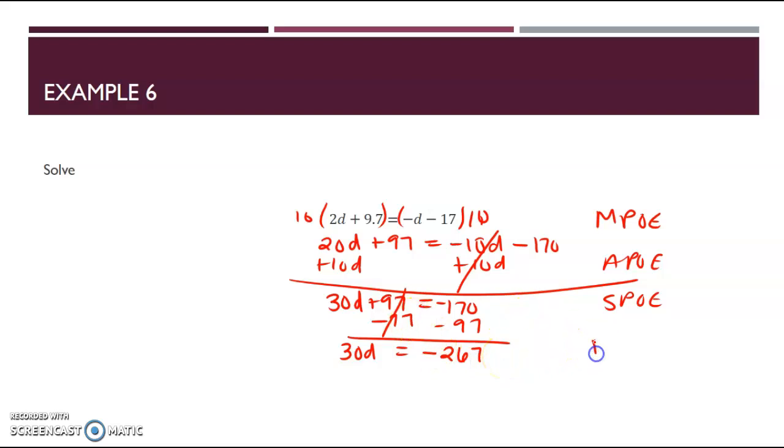And then I'm going to do a division property of equality and divide both sides by 30. And so then d will equal a negative, because negative divided by a positive is a negative,